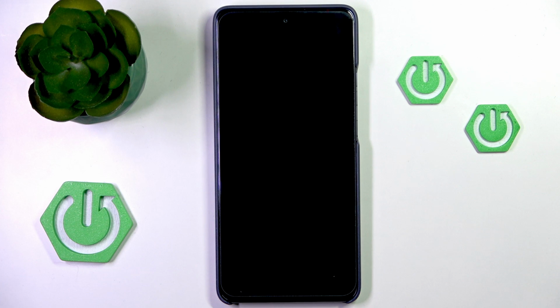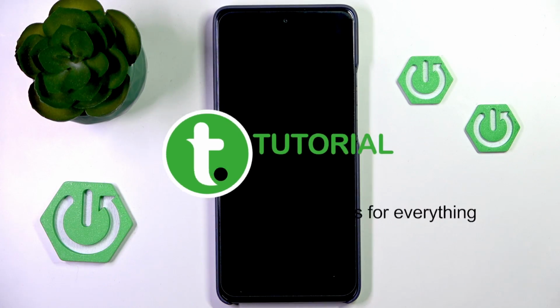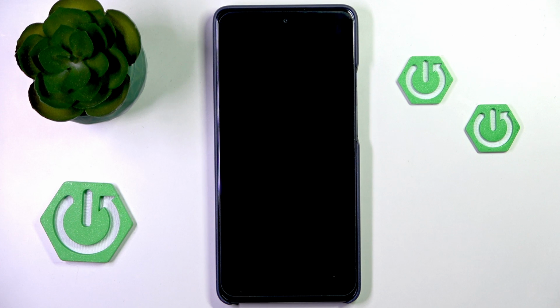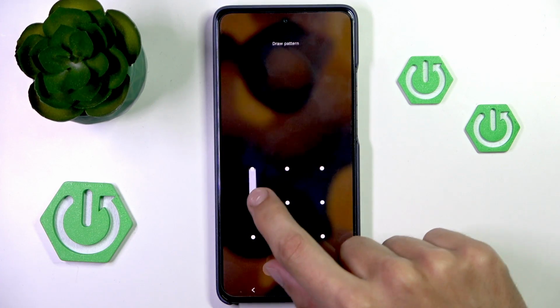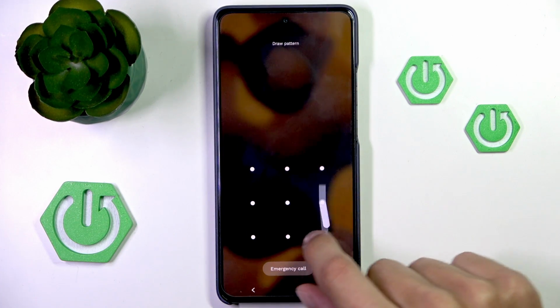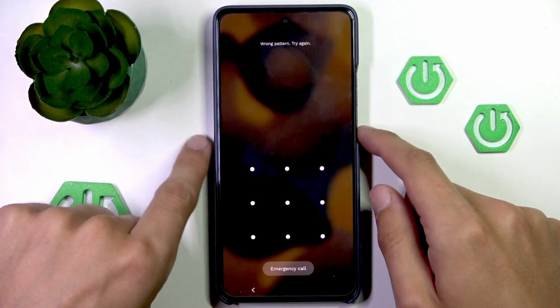Hello, in this video I'm going to show you what to do if you forgot your lock screen password on your Motorola Moto G86 Power. If you forgot your lock screen password, first I would recommend trying out different options to see if maybe you'll be able to remember it. But in the end, if you can't remember it no matter what you do, you will have to